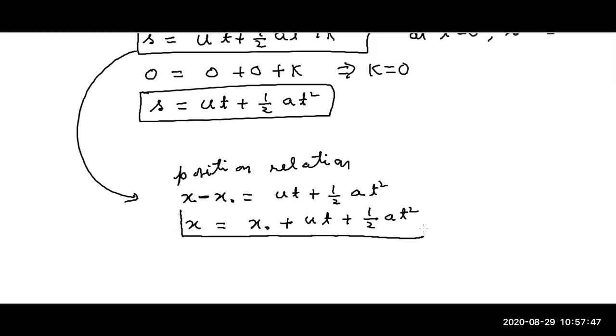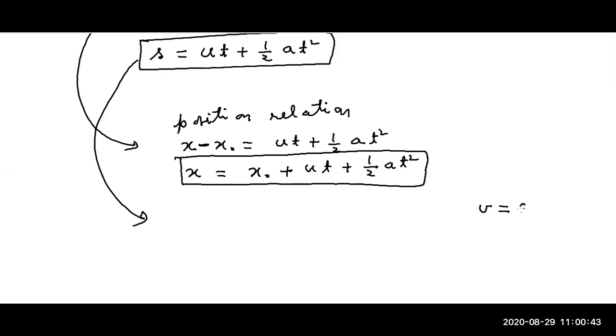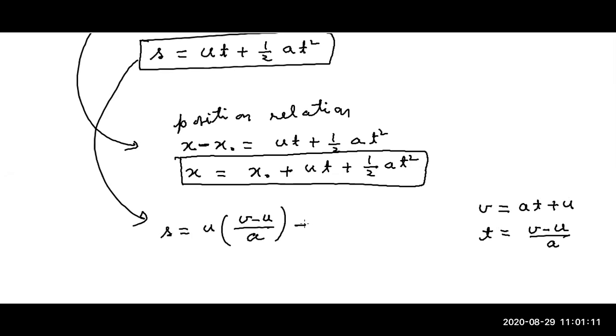So you also have questions based on this. v equal to at plus u. So what we can do is we can put time equal to (v minus u) by a. If you replace this time in this expression, the s will be u, and in place of t you can add (v minus u) by a, and here you can have a by 2 times ((v minus u) by a)